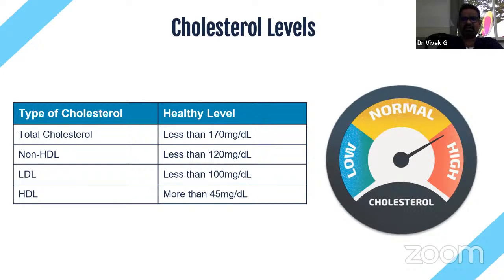So what we are more worried about in terms of cardiovascular morbidity or mortality is the LDL cholesterol. We want to keep it less than 100, especially in very high risk individuals. And we need to keep the good cholesterol, the HDL, more than 45. Targets for the non-HDL and total cholesterol are as depicted in the table. So these are the values which we tend to keep in patients who are at high risk of recurrent vascular